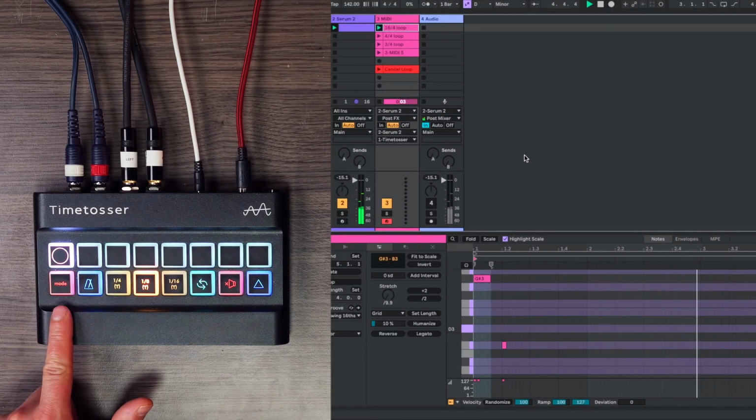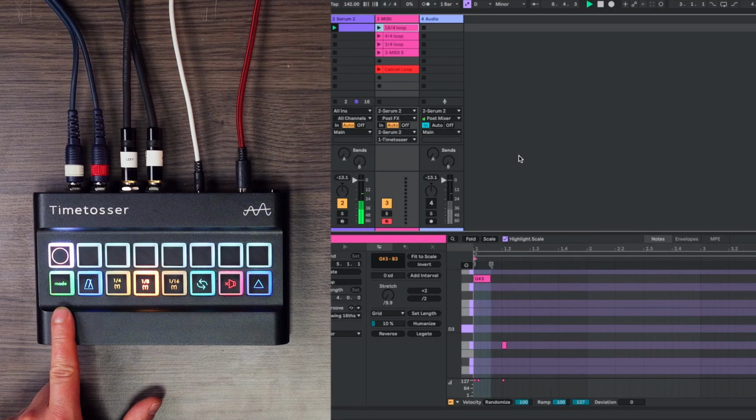You can see that it's now recording. It turns green when it starts playback of the loop. And now we are hearing the loop. Now I created another clip